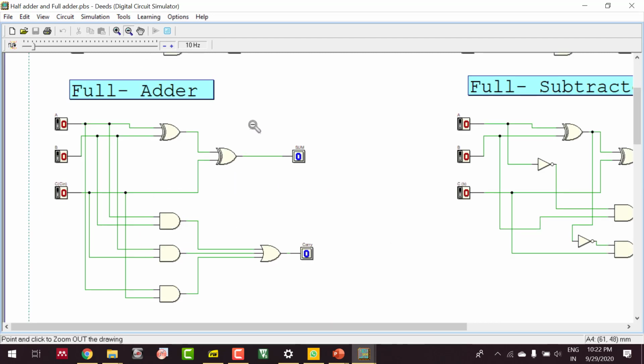This is my full adder circuit, in which I am going to add numbers that have more than 1 bit also. So I am going to check only a few combinations here. I'll check both 1 and carry 1. So 1 plus 1 plus 1 will be sum 1 and carry 1. Let's make it 1 1 0. In this case 1 plus 1 will be sum 0 and carry 1. If I make 1 0 0, it will be 1 plus 0 plus 0, sum 1 and carry 0.